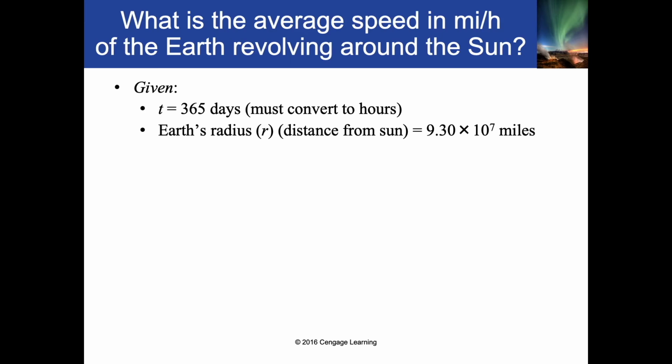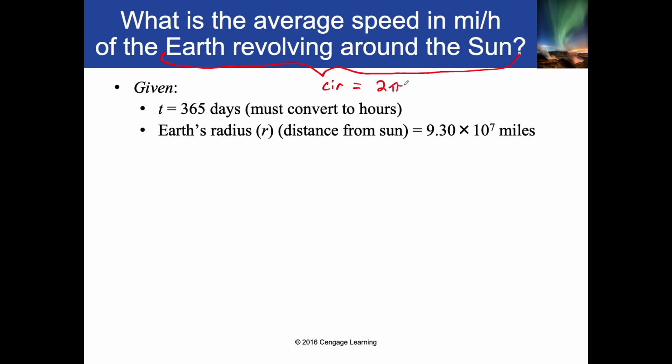Next thing to note is that you need the Earth's radius from the sun, like the distance the Earth is from the sun. The reason you need that is because you can use the formula for circumference of a circle to figure out how far the Earth has traveled. So let's do this one step at a time. You know that this is a circumference problem because it's asking for the Earth revolving around the sun. So immediately you should know that you're looking for the circumference, and the circumference equals